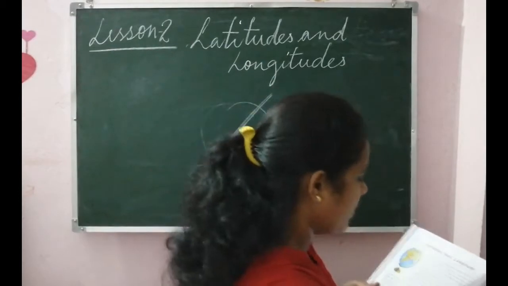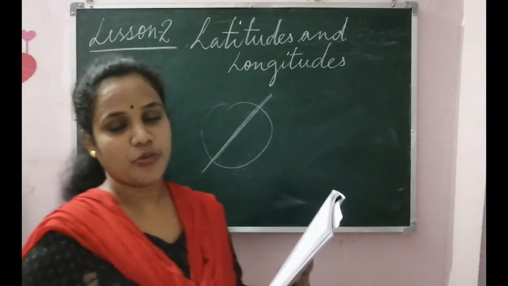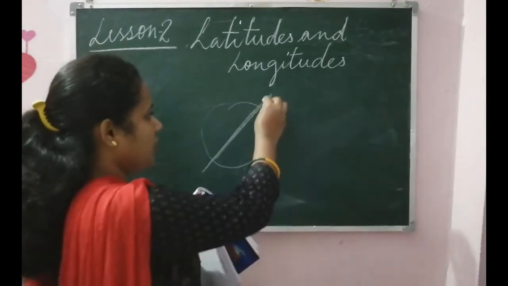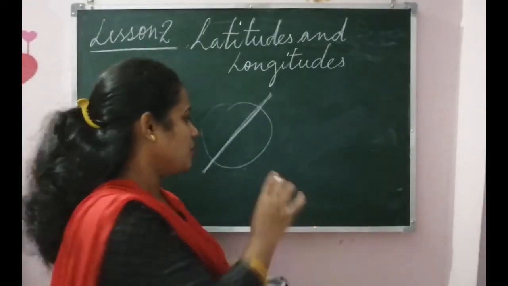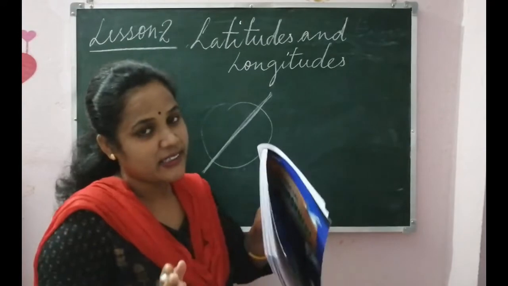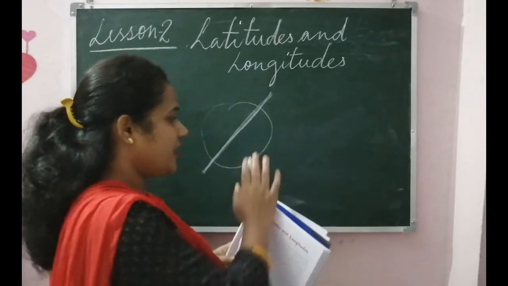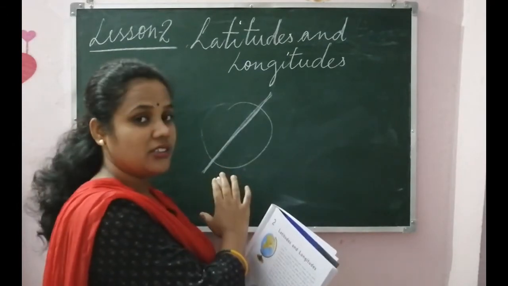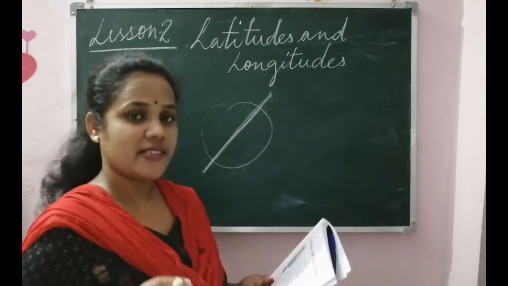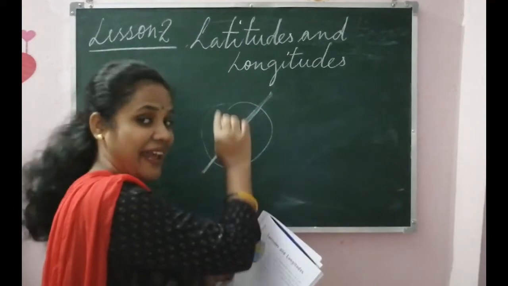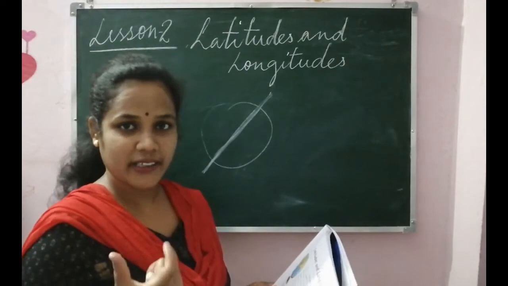Now, the axis is an imaginary line passing through the center of the earth on which it rotates from west to east. Now, this line of the globe is imaginary. In reality, if we go to space, there is no line on which the earth is moving. It is a little tilted, not straight. थोड़ी सी झुकी हुई है, little tilted. That's why an imaginary line is put, the earth's axis. It is also an imaginary line, okay. The axis is also an imaginary line on which the earth is rotating, moving.